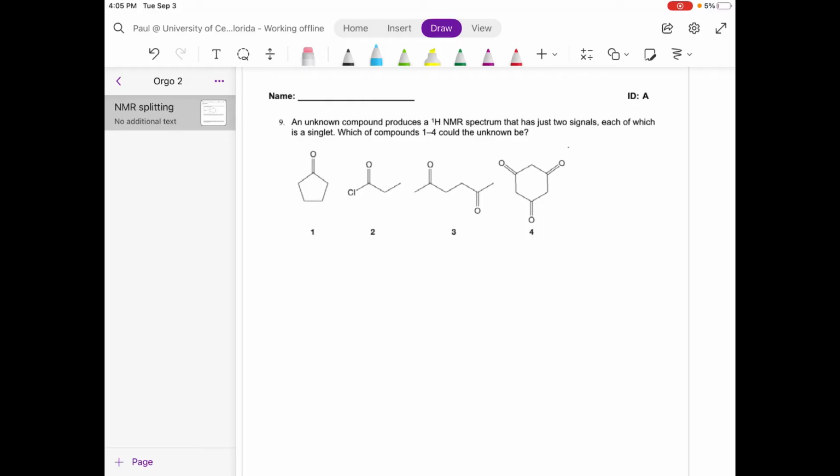With this problem, we need to figure out how many signals there are and then the split patterns. So for molecule 1,